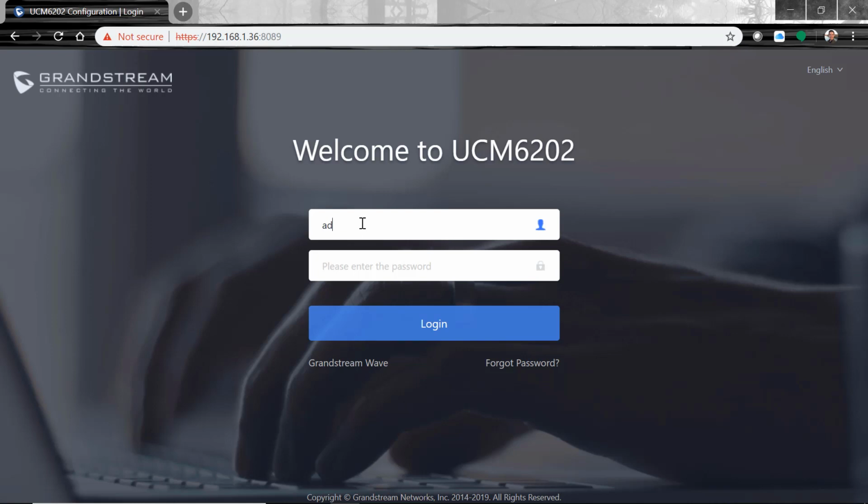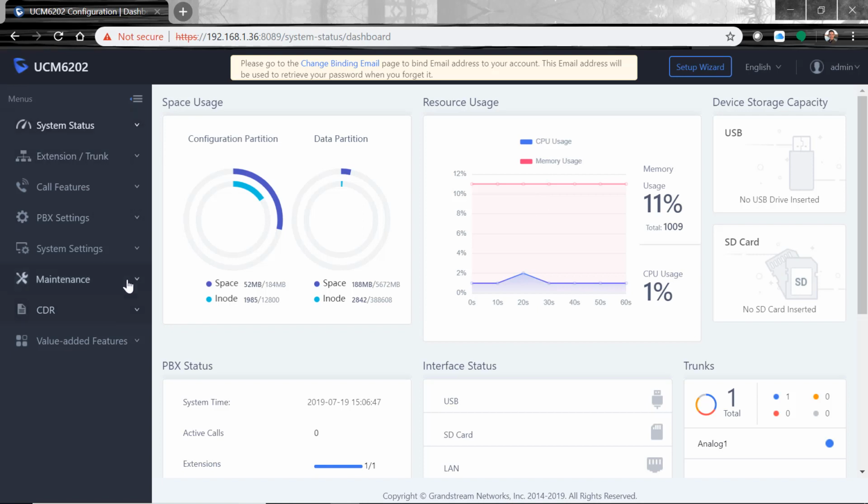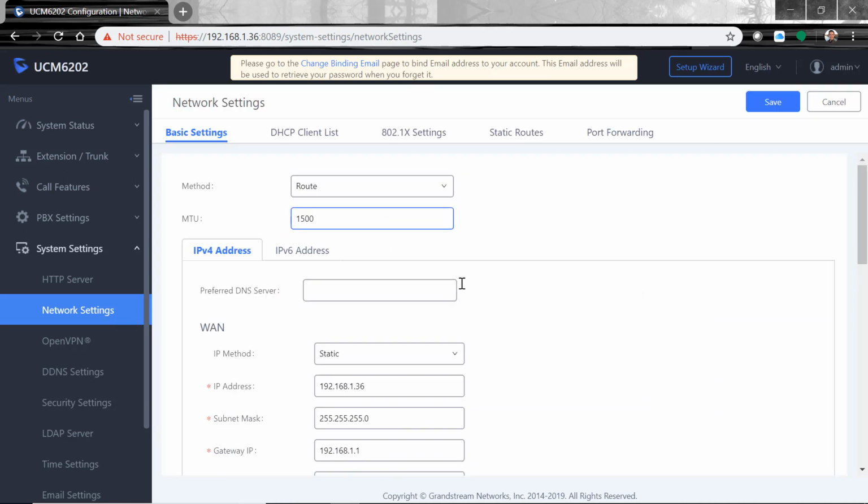That will get you the GUI interface here. It does have a default username and password. Username is admin, and each device has a default admin password that's on the sticker on the bottom of the device. I'm going to go ahead and log in here. Okay, so this brings you to the dashboard. Like I said, everything is configured already from Win911, so the only thing you'll have to do when you get it is log in there, go down to System Settings, your Network Settings,